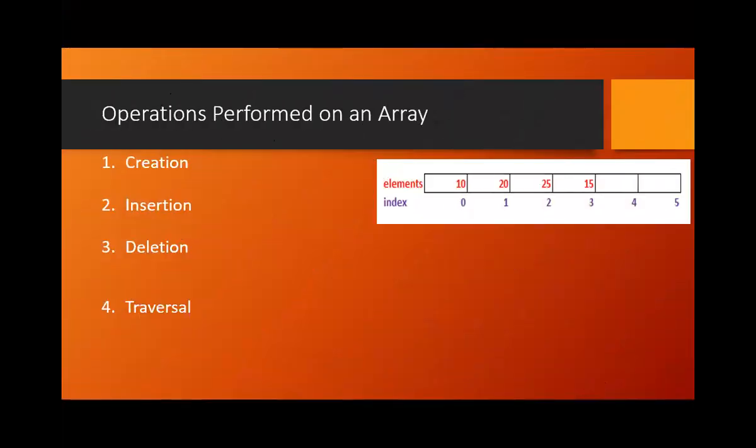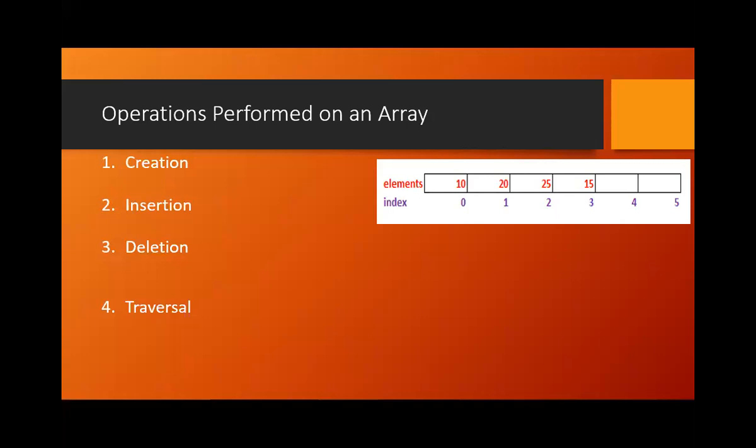Yes. Today we'll continue our learning on arrays. Just a couple of slides, wherein we are going to look at the operations that can be performed on an array. This is additional. It is not there in your syllabus, but in one of the exams they had asked to describe the operations of an array. So I'm just covering it up. It's very simple.